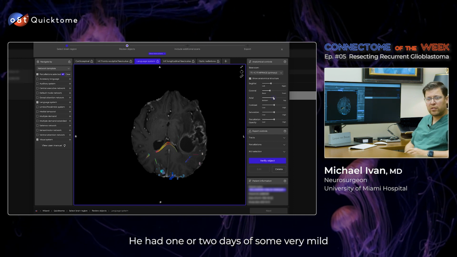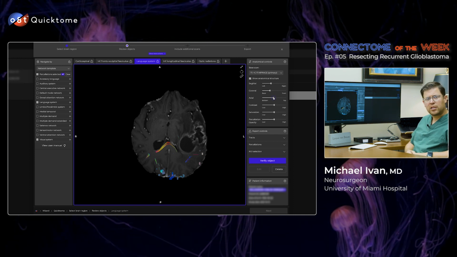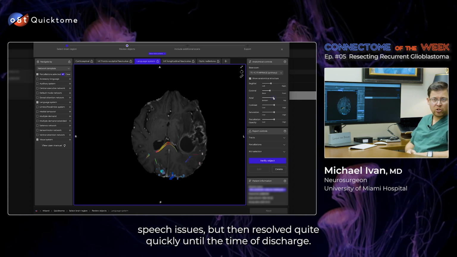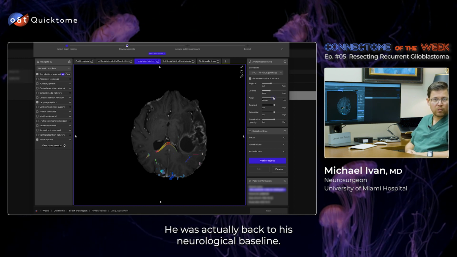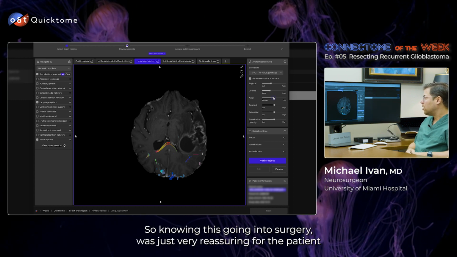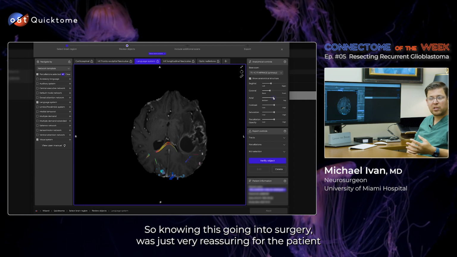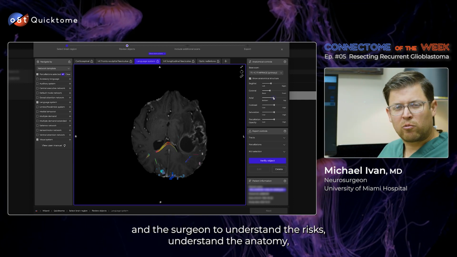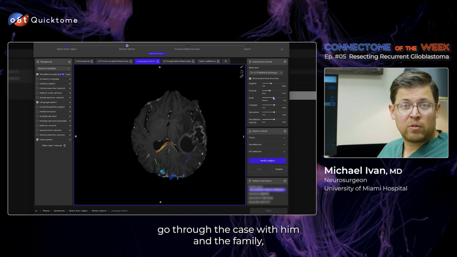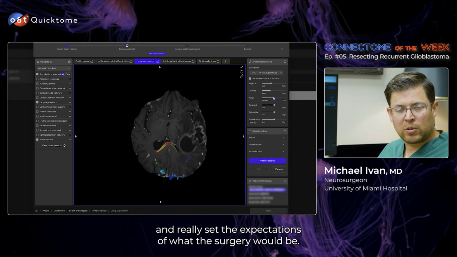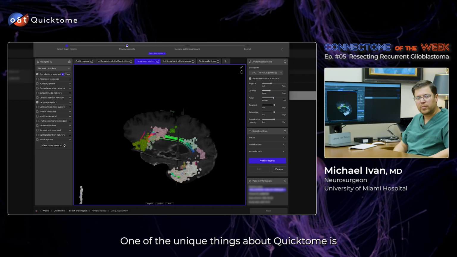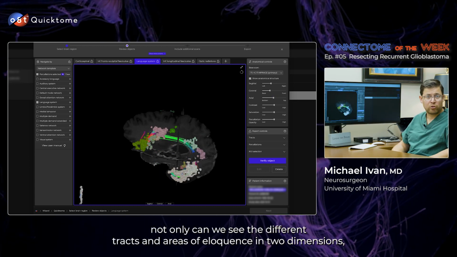He had 1 or 2 days of some very mild speech issues, but then resolved quite quickly, and by the time of discharge, he was actually back to his neurological baseline. So knowing this going into surgery was just very reassuring for the patient and the surgeon to understand the risks, understand the anatomy, go through the case with him and the family, and really set the expectations of what the surgery would be. One of the unique things about Quicktome is not only can we see the different tracts and